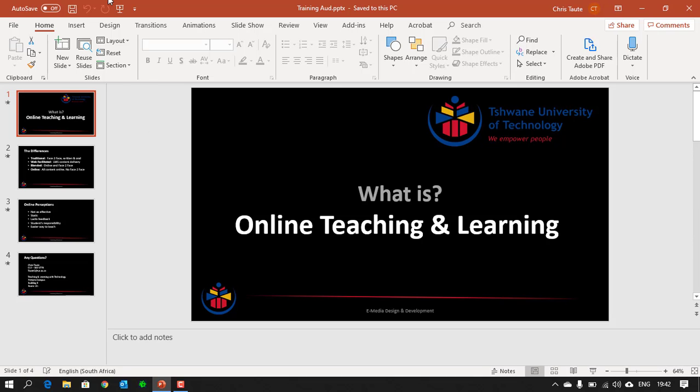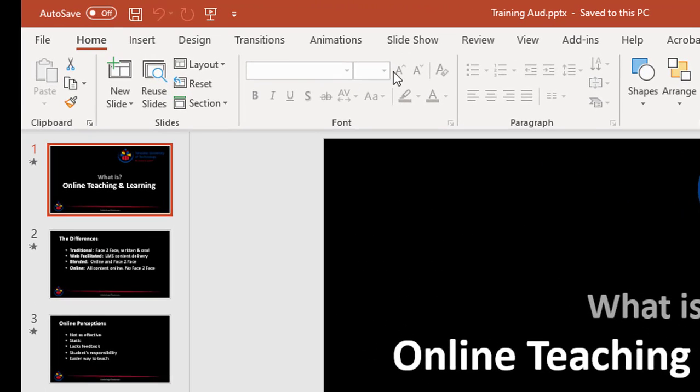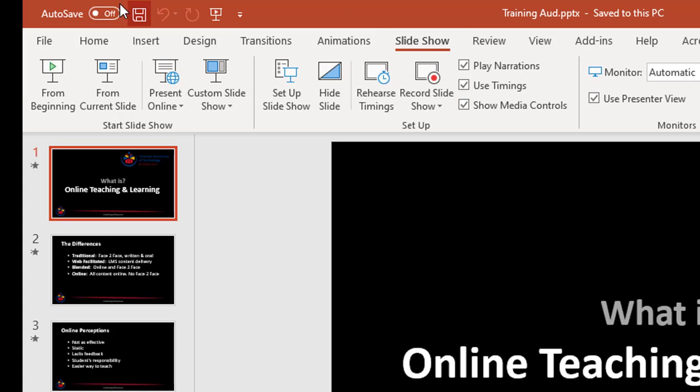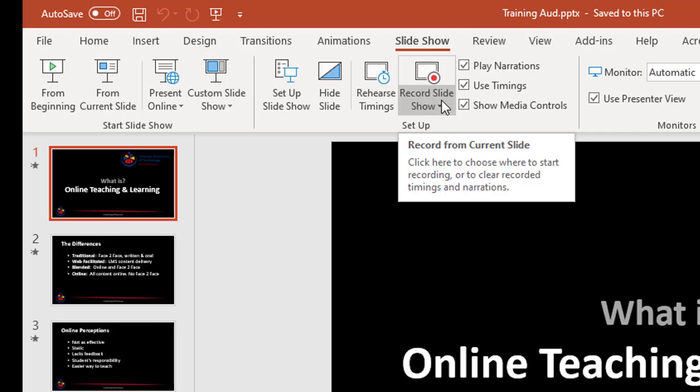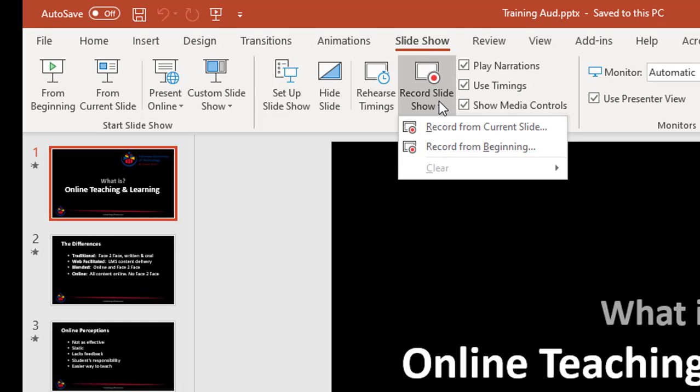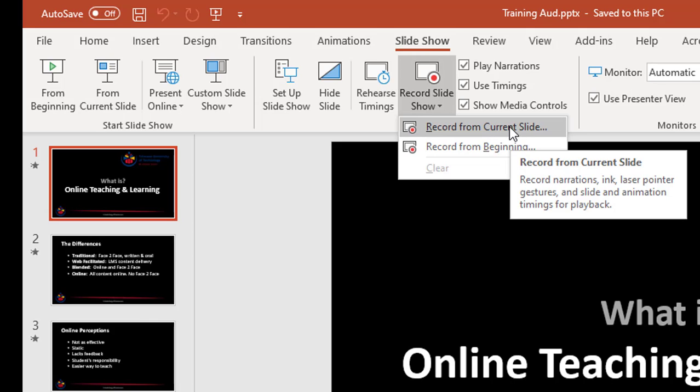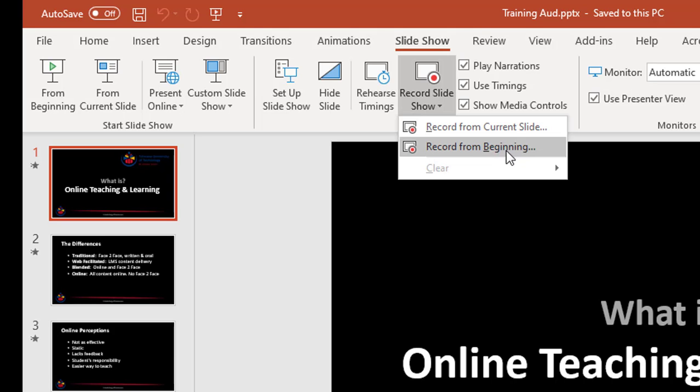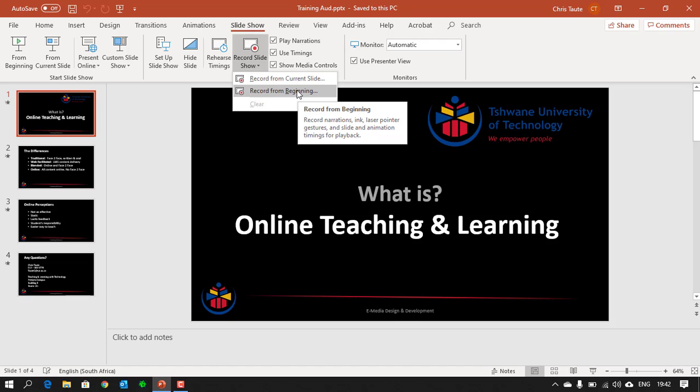You've got your slideshow open. Here at the top you go to slideshow, and here you will see a bunch of options. One of these options is record slideshow, and there's a drop down menu. You'll notice that from the little triangle pointing down. So you can either record from current slide, which means you will be recording one slide at a time, or you can record from beginning. So we're going to record from beginning. You hit that button,